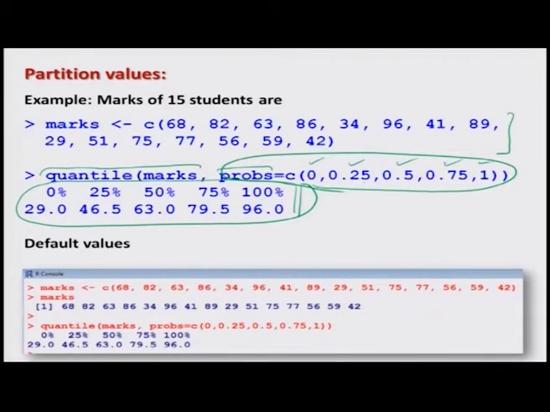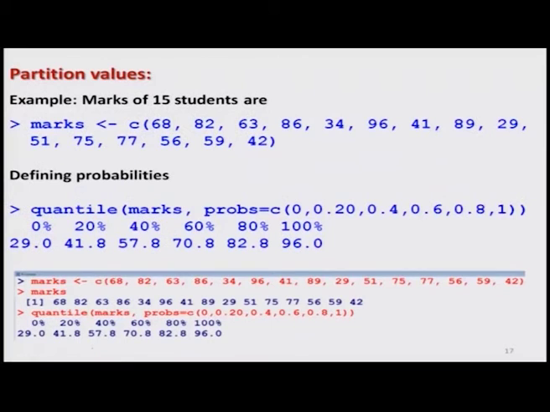But now suppose you want to give a choice and you do not want to use the default, but you want to compute the quantiles at different partitions. Suppose I want to find the quantiles at our own choice, that means I do not want 25%, 50%, 75% and so on. So, I take the same data set and use the same function quantile, but I define the partitioning values using the option probs, which is different: 0, 0.2, 0.4, 0.6, 0.8 and 1, and once you enter it you get this type of output.